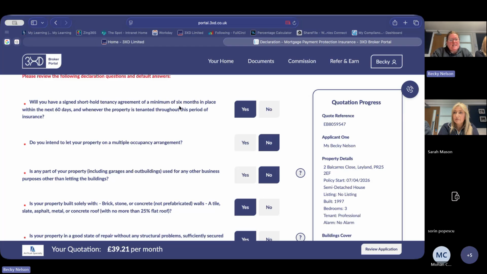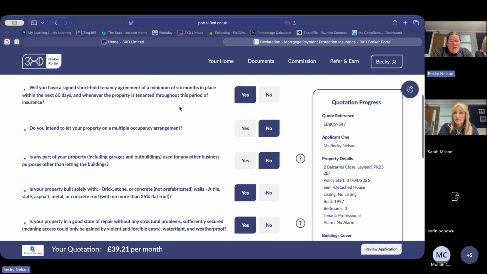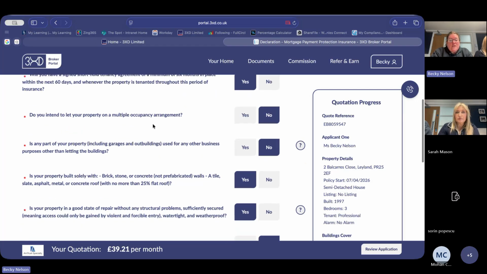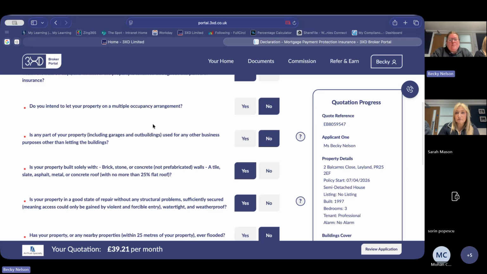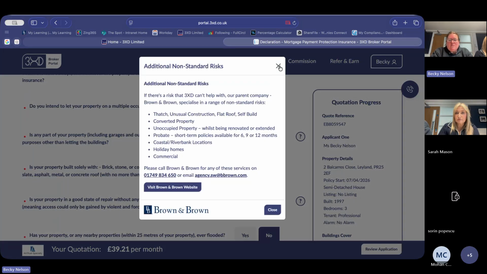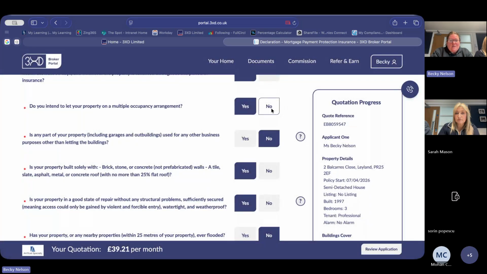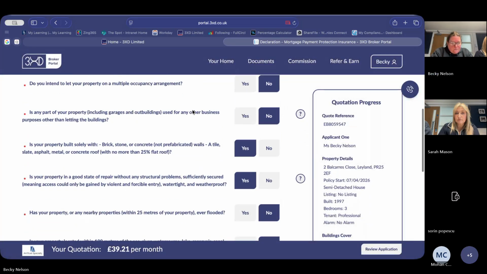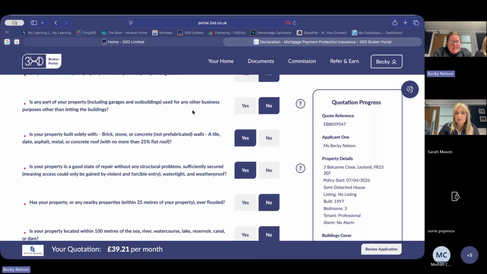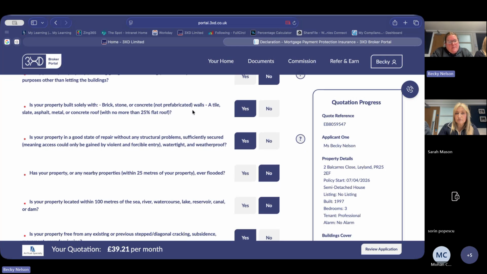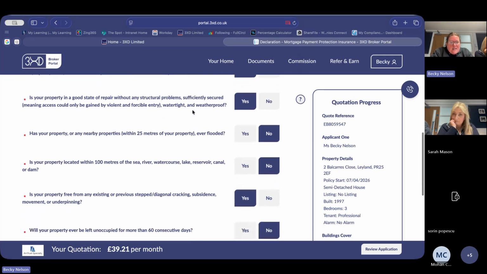We just need to quote for that separately. HMO, we can cover that as standard, but it's Penn that do it. So if you were to select yes, you just need to ring us and we'd advise you how to put that through the system. Any business use of the property, construction type,